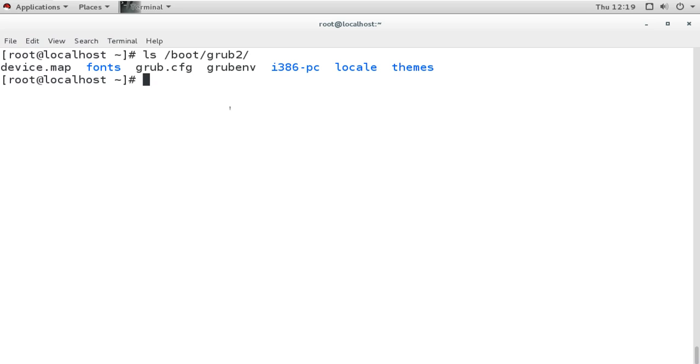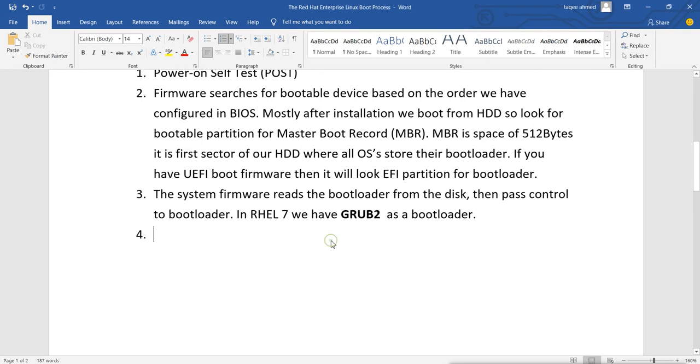Now after this, the firmware passes control to the bootloader, and from here GRUB takes over and does its job. Now GRUB is loading the bootloader, and if you want to manage the GRUB bootloader, there is a command called grub-install.